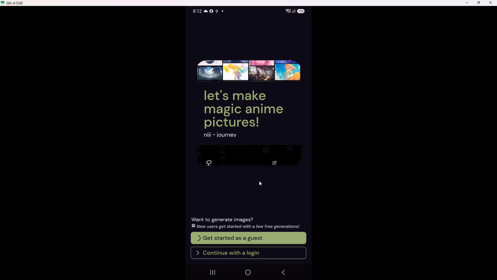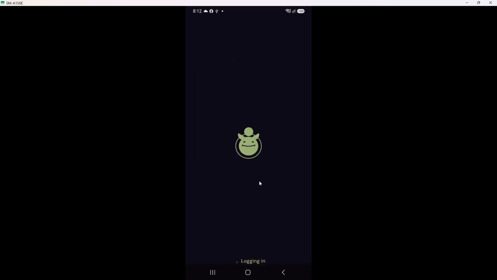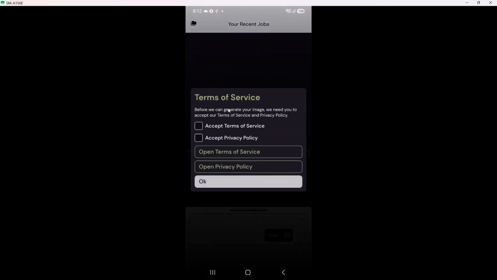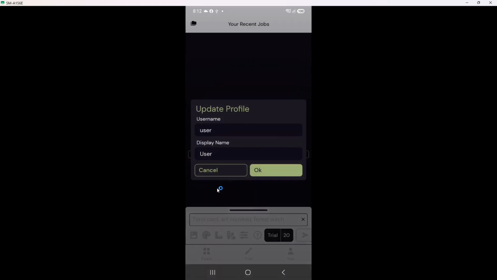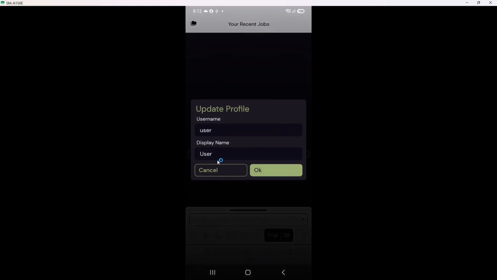Finally, you can start creating AI-generated images. Once you are logged in, explore the app's features to begin your creative process. You might see various tools and options that allow you to generate images based on your preferences. Remember that a limited trial is available through the Midjourney app, so take advantage of this opportunity to experiment with different styles and ideas. This step is where the fun begins, and you can unleash your creativity with AI.